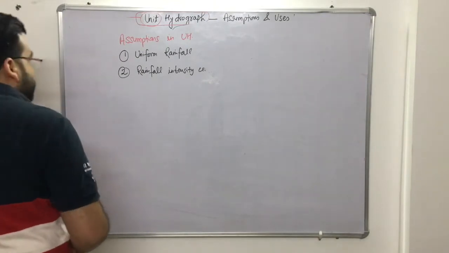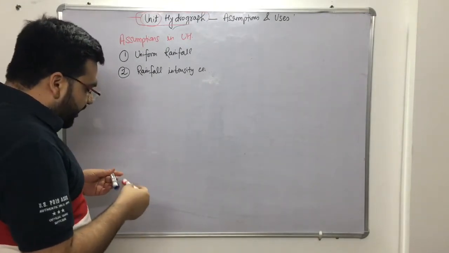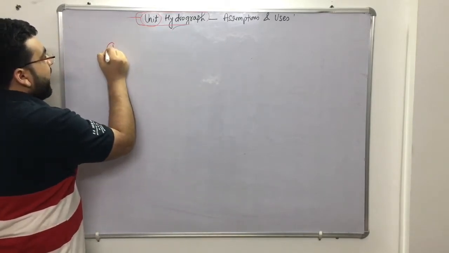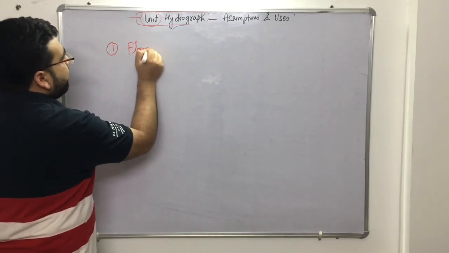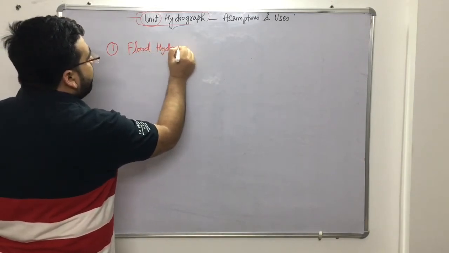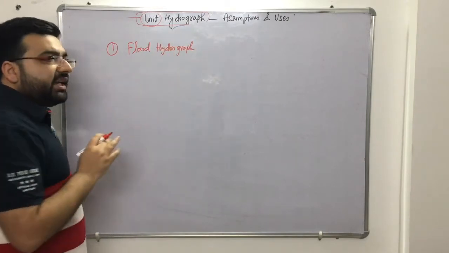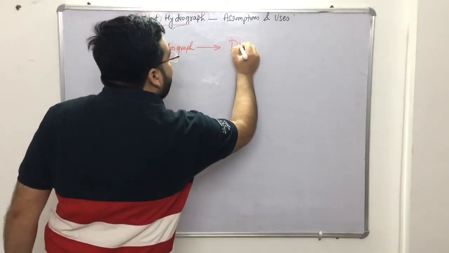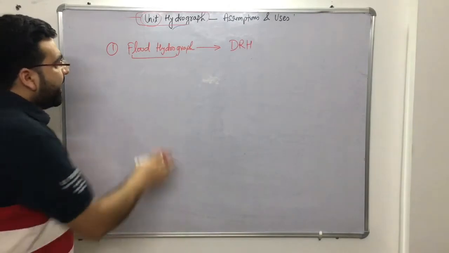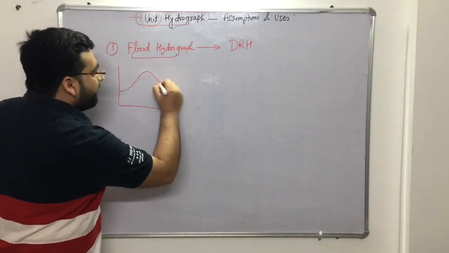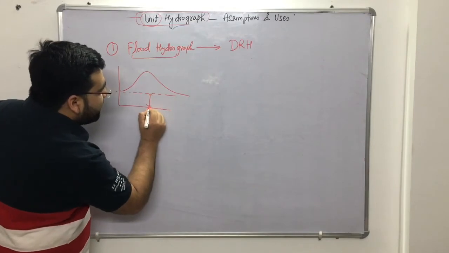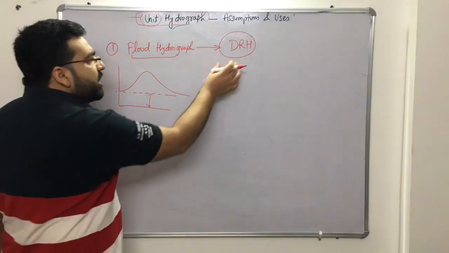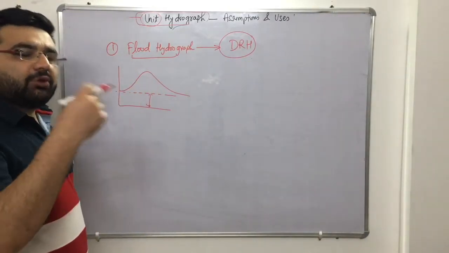So now what type of questions are coming? First of all, I have told you about flood hydrograph, right? The first type of question that comes in GATE examinations is that from the flood hydrograph, you have to get the direct runoff hydrograph. How will you get it? I told you that in the flood hydrograph, if you subtract the base flow, you will get the direct runoff hydrograph. Simple. Clear? It may be a direct runoff hydrograph of, let's say, a 2 centimeter or 3 centimeter depth, whatever depth.